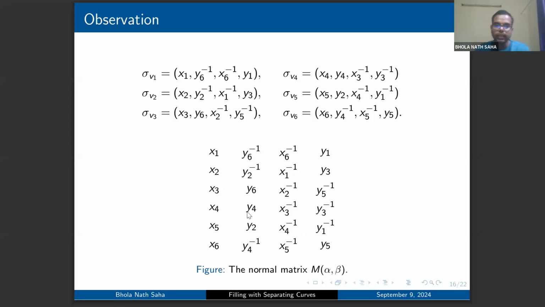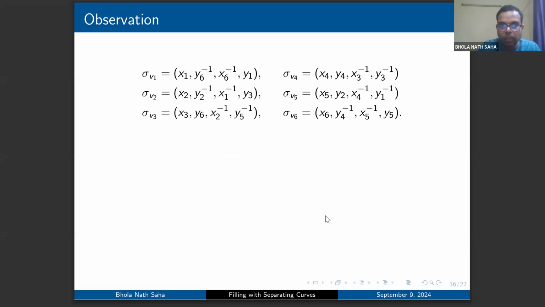So we can see that in the second column y6 and y6 inverse are both in the second column. Similarly, y2 and y2 inverse are in the same column, and this also happens in column 4. So therefore,